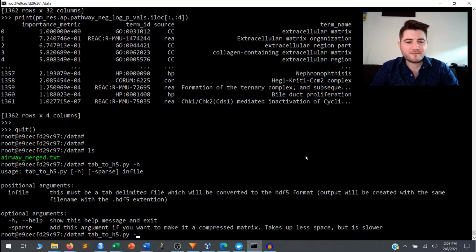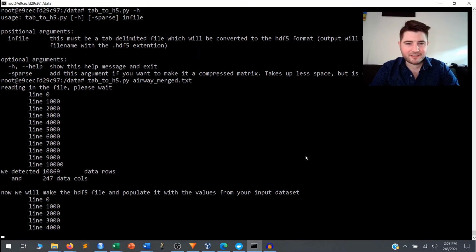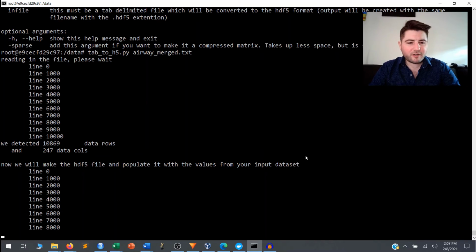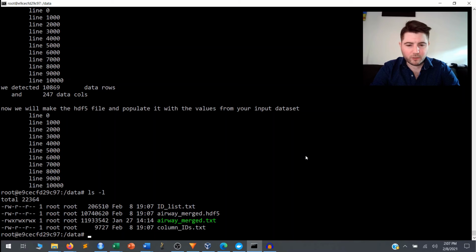So in this case, the input file is just airway merge.txt, and there it goes. It's making the HDF5 file now. And if we look at what's now in the directory, there is airway merge.hdf5 and two other files called ID list and column IDs. So to use these, we'll do